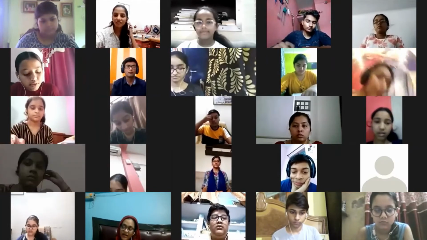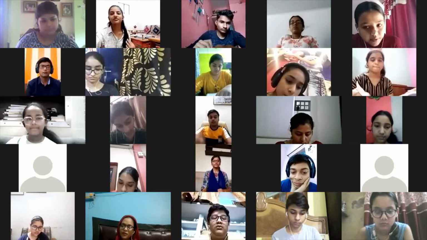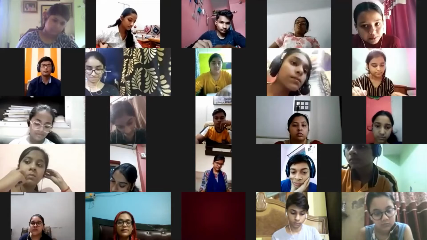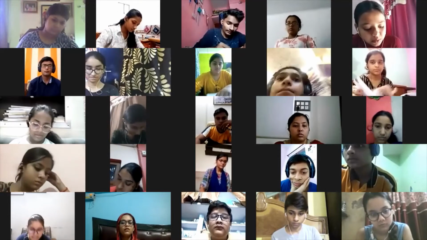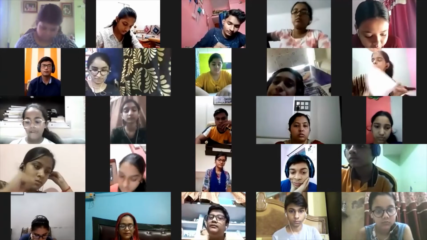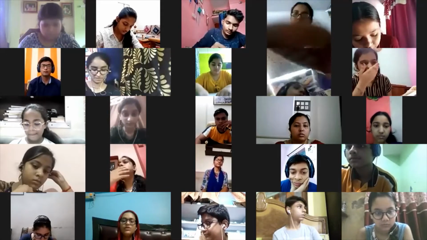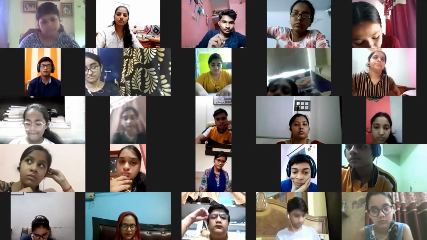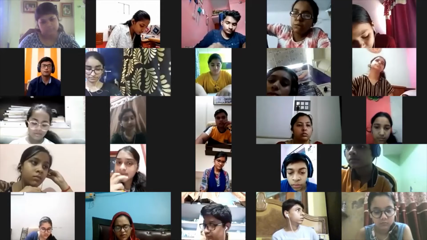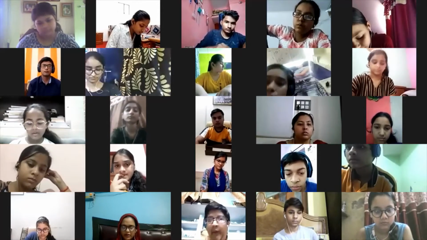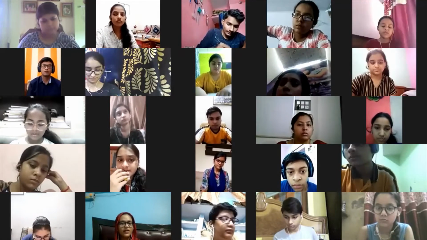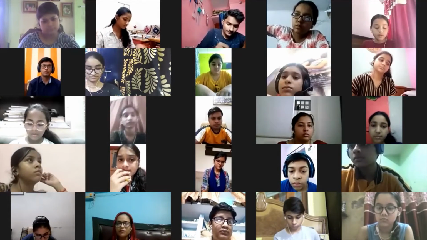Right. So extract 2 has the second stanza where the poet compares the daffodils with the stars that shine in the Milky Way. You have to talk about the musical quality, which means the rhyming pattern, the rhyming scheme. So this extract, like the other extracts, has a rhyming pattern, that is A, B, A, B, C, C. You will write it just the way it has been given in your workbook, with the commas